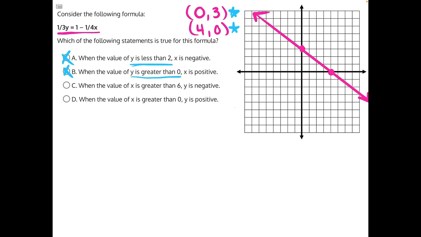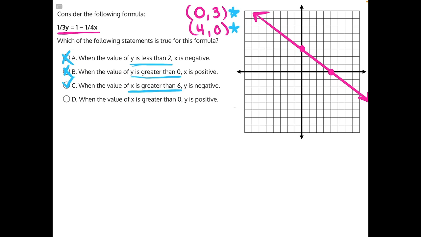Answer choice C says when the value of x is greater than 6, so we're switching variables here, greater than 6. We have 4, 5, 6. Here's our line at x equals 6. Greater than would be everything to the right-hand side. Y is negative. This is a true statement because all of these values are starting below the x-axis. So that means all of the y values from there on into infinity are going to be negative, making C our correct answer. At that point, you can mark C and move on with the rest of the test, but